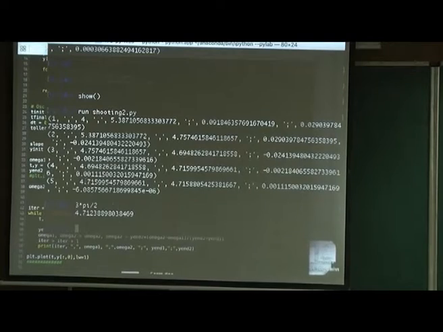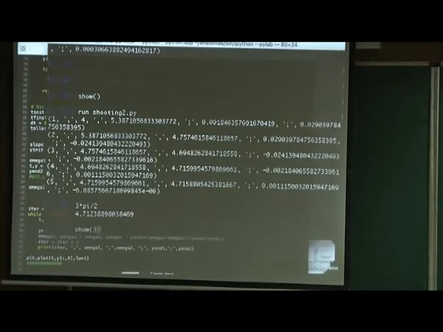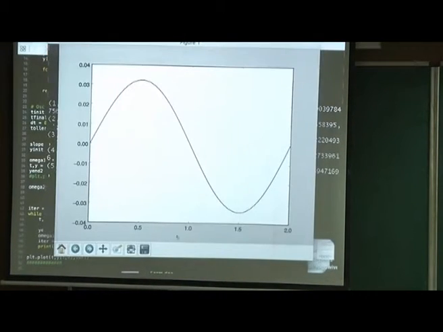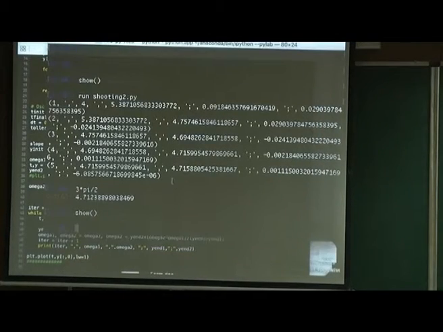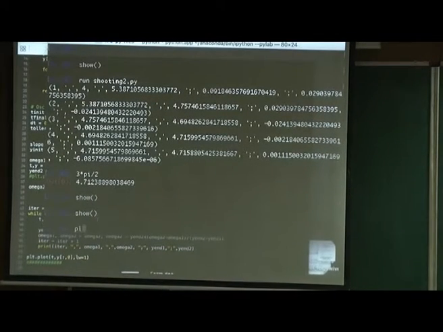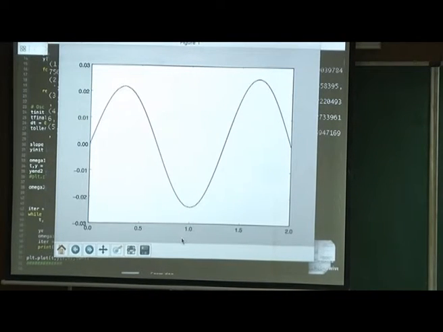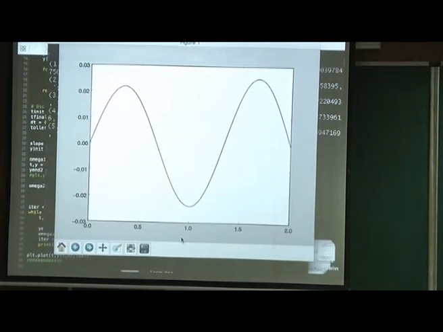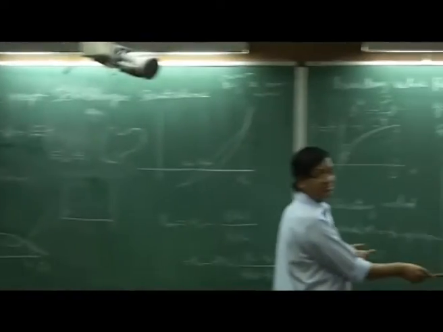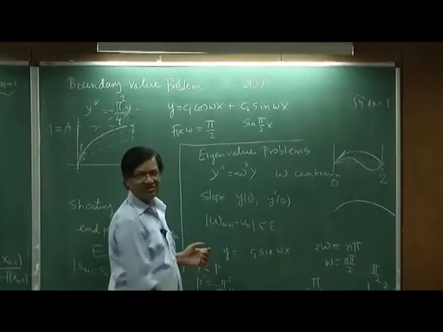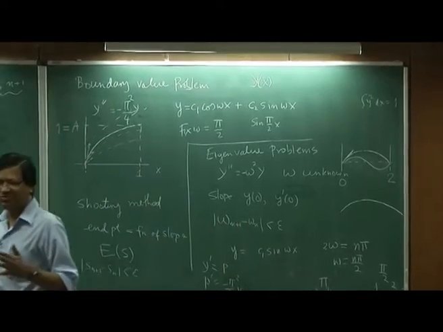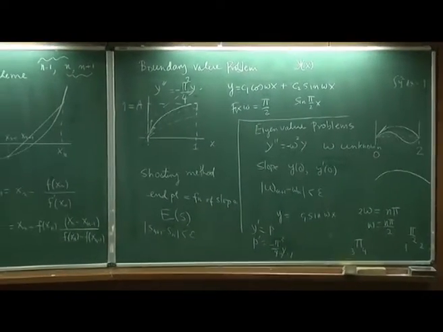So this is a third solution. Okay, it's got a third solution, which is 3 pi by 2. So it depends, you have to choose your bracket properly.